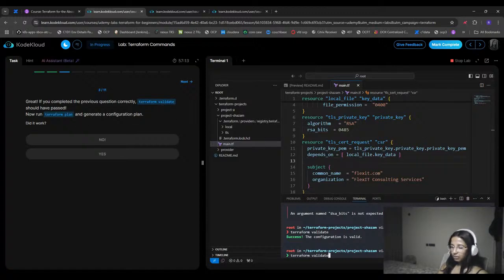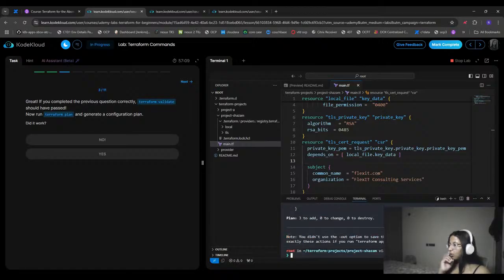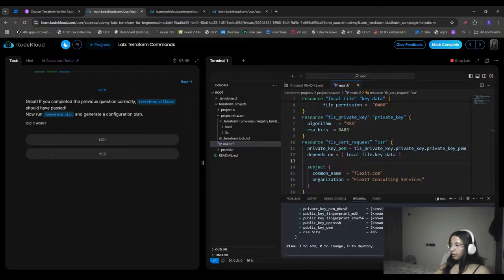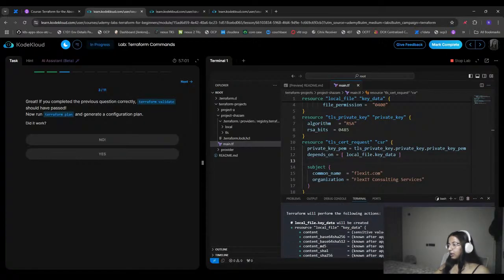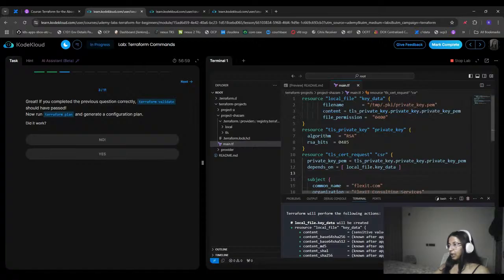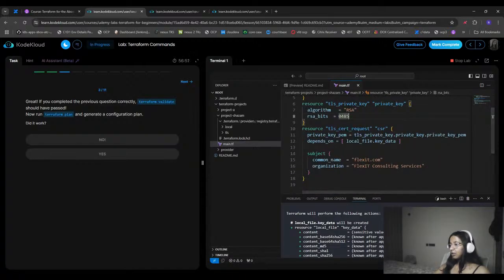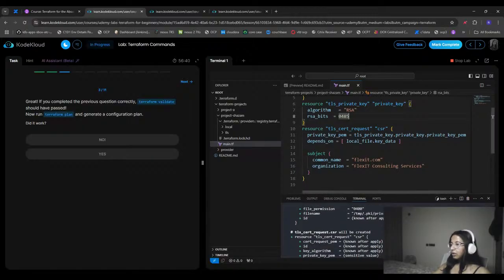ठीक है, हम अभी डन करेंगे config Terraform plan, which will show what changes will Terraform bring after applying. तो सबसे पहले एक ही लोकल फाइल बनाएगा की डेटा करके, जिसमें प्राइवेट की पेम होगा जो कि इस फंक्शन से आने वाला है, इस रिसोर्स से। सभी फॉर्मेट में होंगे ये। ठीक है। दूसरा है सर्ट रिक्वेस्ट CSR।